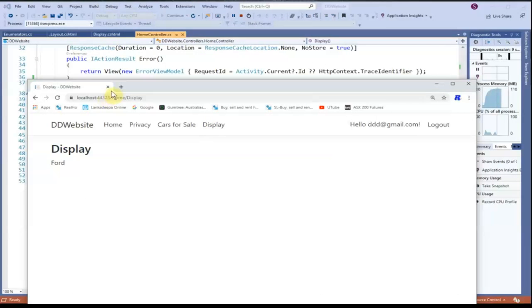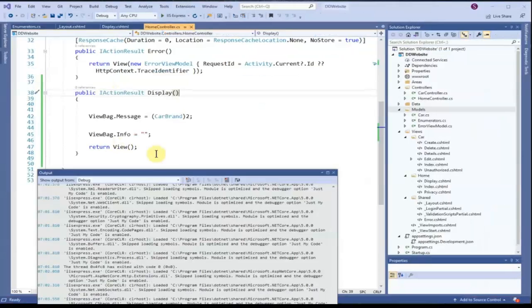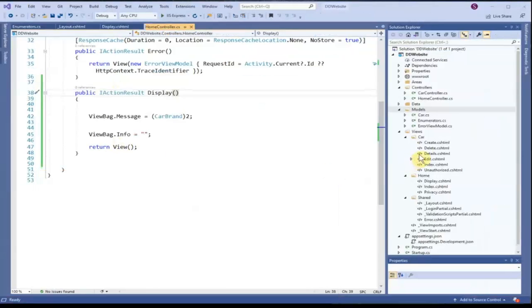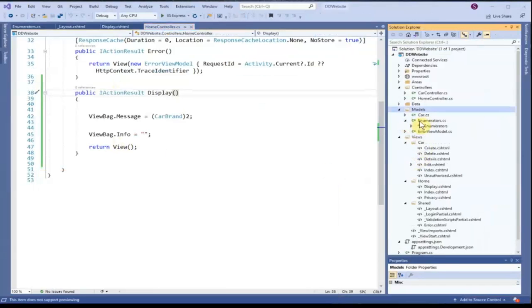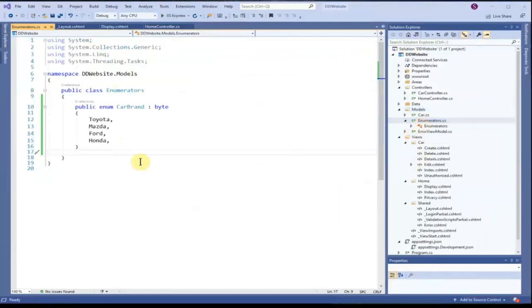Okay, so it shows as Ford. And we'll look at the enumerator file. And one other enumerator we want to do, at the moment we'll leave the car brand as it is, but